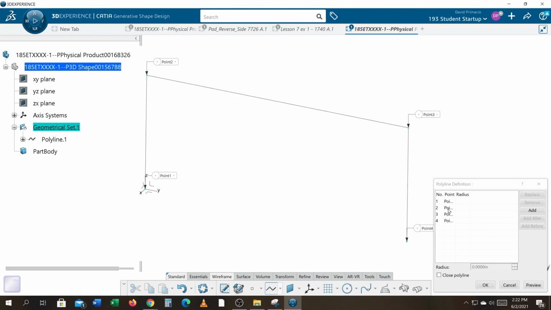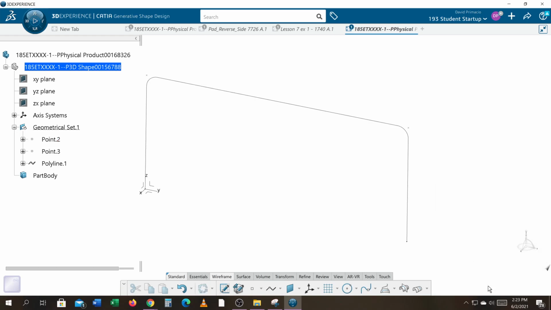If you select point 2, you can add your radius right on the fly, and select point 3 and add that radius right on the fly. And I'll preview that. Ooh, that looks too small. Let's try a 4-inch radius and preview that. We'll select OK,